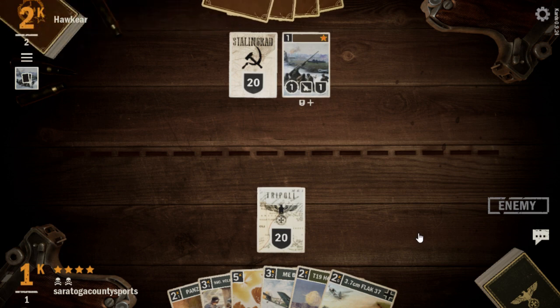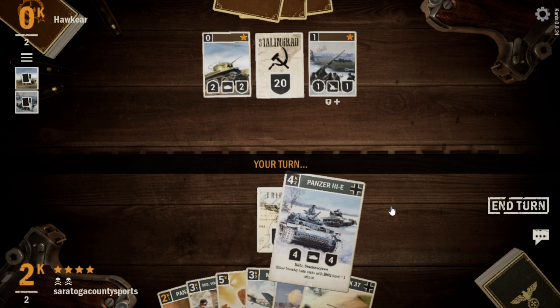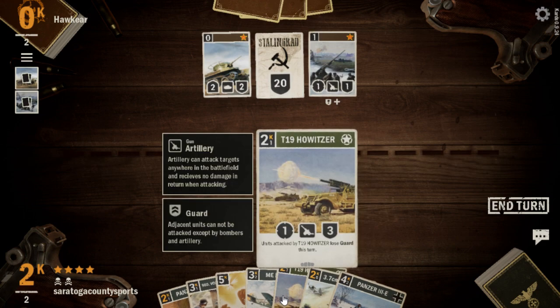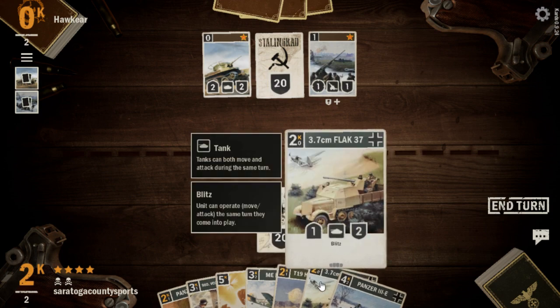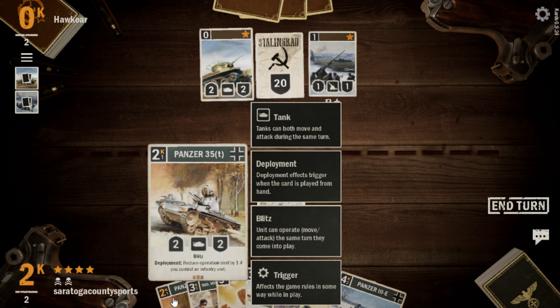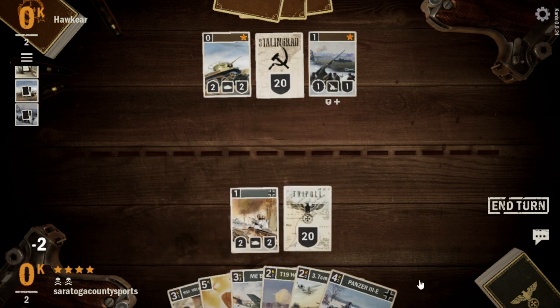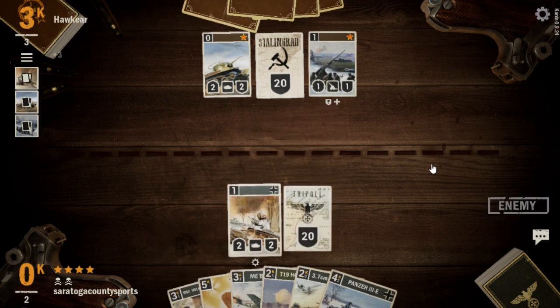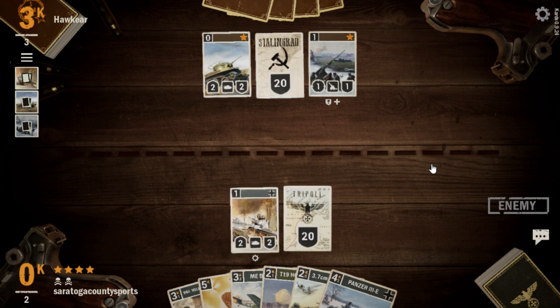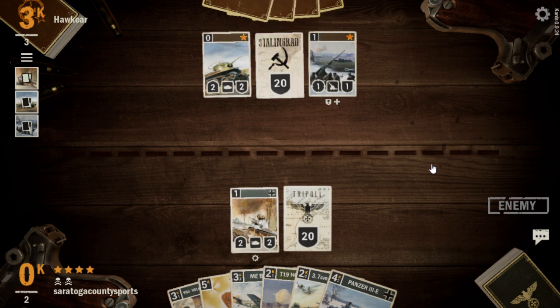That flak truck can just run in there and just blap the 37 mil. Okay, and they get a BT-7, sure. Alright, let's go with... I don't just want to throw away this howitzer, so I think I'm going to go with the 35T instead. We'll trade that for the BT-7. Unless our opponent maybe has like a bloody sickle here. But even if they have that...